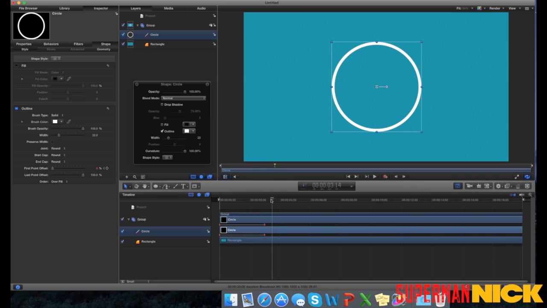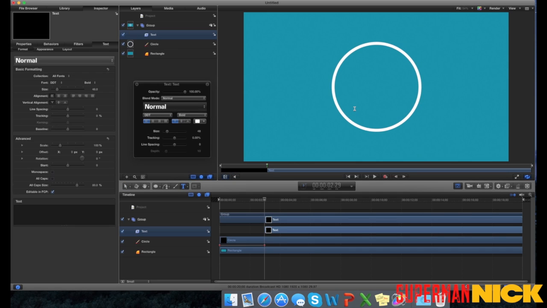Okay, the next thing we need to do is add some text. So for now, let's leave your playhead at 3 seconds so we can get a visual of the circle, and let's add whatever letter you would like. I'm just going to use the first letter of my name, and I'm going to make it a little bit bigger so it kind of fills out the circle a little bit better. And let's center this the best we can. Alright,